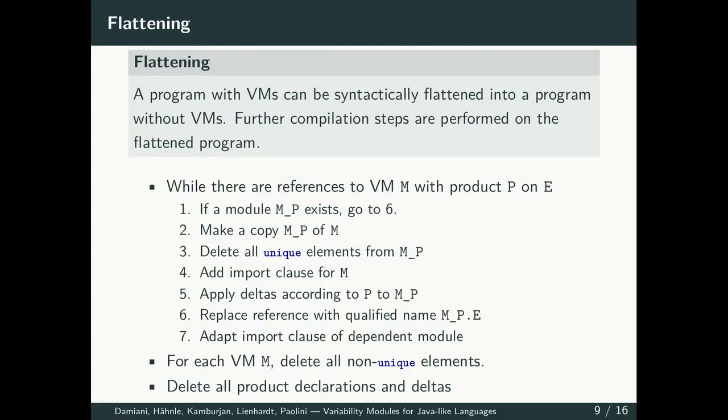So now that we have our variability modules, how do we generate non-variable code out of them? How do we flatten the program with variability modules into one without variability modules, so that we can perform further compilation steps on a program without dealing with variability anymore? So what we do is we make copies for each needed variant of the variability module, apply the deltas, and